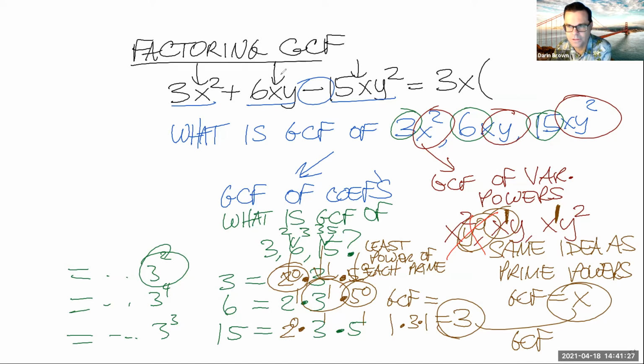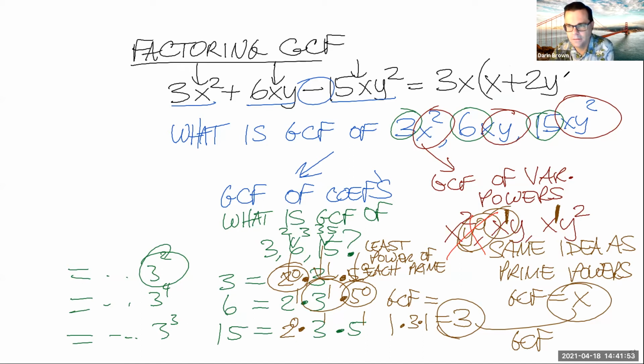So you want to see what's left over. You can think of it as dividing by 3x, or you can think of it as saying, what do I have to multiply 3x by to get this? That's what division is really, right? So what do I have to multiply 3x by to get 3x squared? x. There's x left over, plus 3 goes into 6 2 times, plus I've got a y, and then